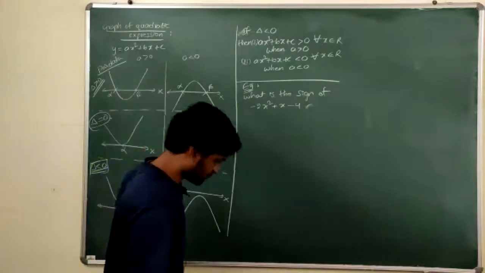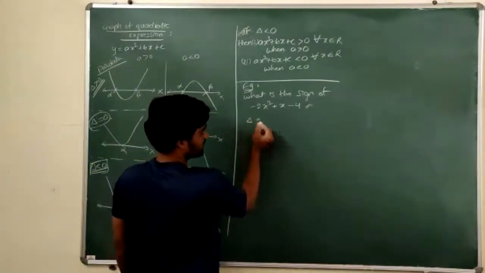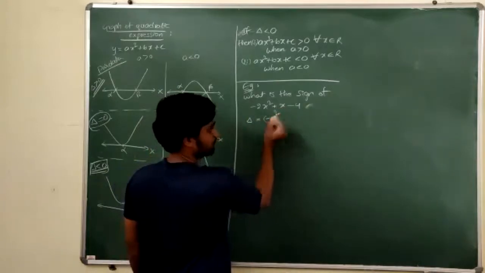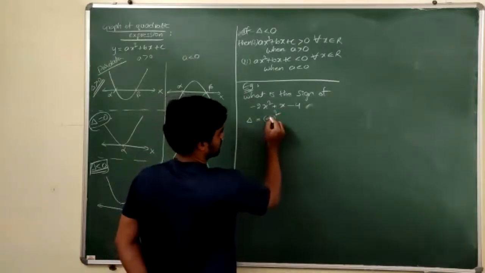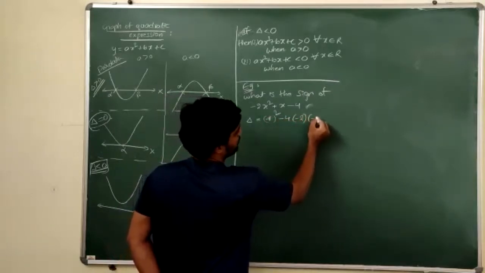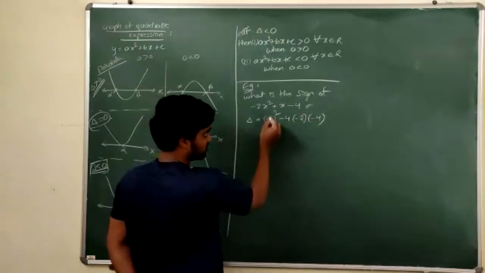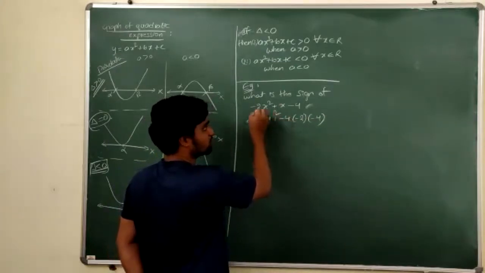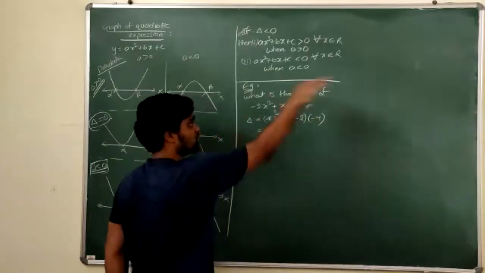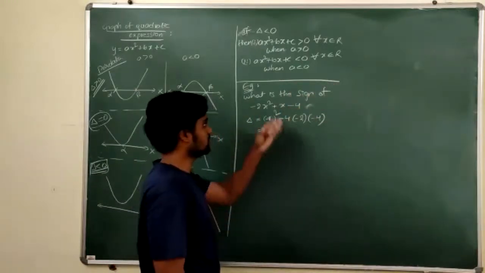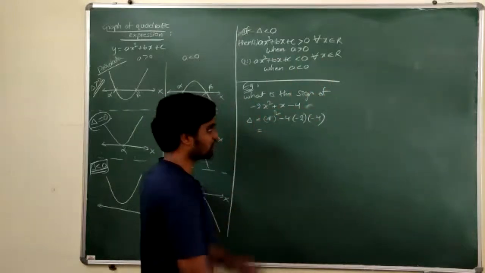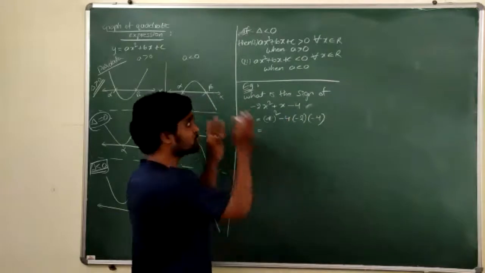So, first observe what is delta. Delta is equal to b square minus 4 into a into c. B square, 1 square minus 4 into a into c. Yes, is equal to, sir, we can take off minus sign? No, you cannot take off minus sign. If you take minus sign common, where will you send it? There is no RHS, right? I've given you only expression, not given you equation.